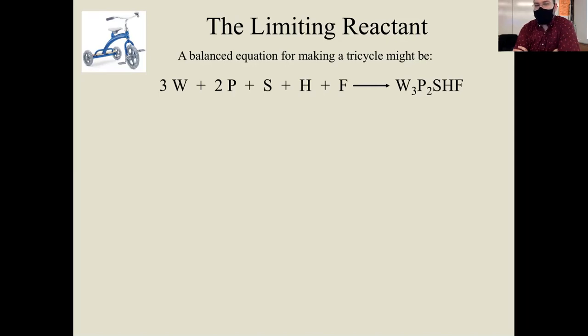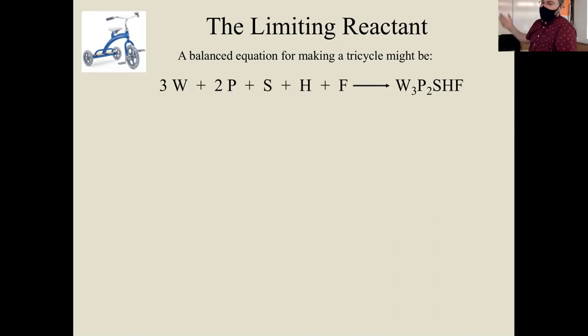are a little bit different. 2 of the wheels are the same, one's a little different. So a thing to know is the coefficient tells you the number of individual things you need to make the reaction take place or to manufacture the product. So if you're in the concept of manufacturing or going into business, it doesn't matter what you build or what you assemble. If there's some kind of a product, every product has to have certain numbers of components to make